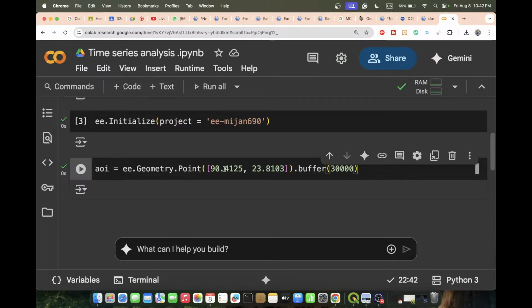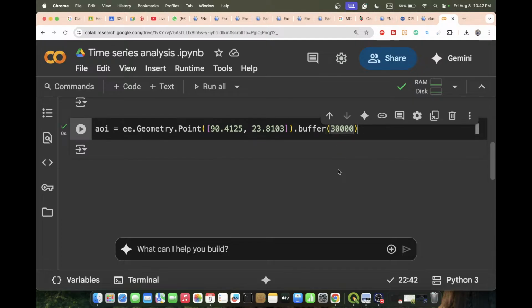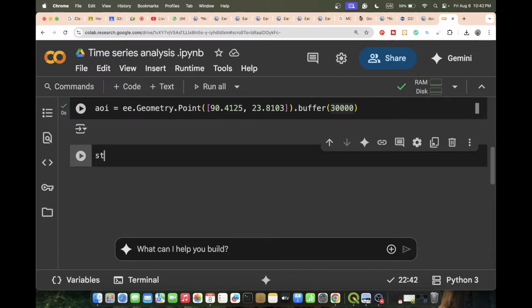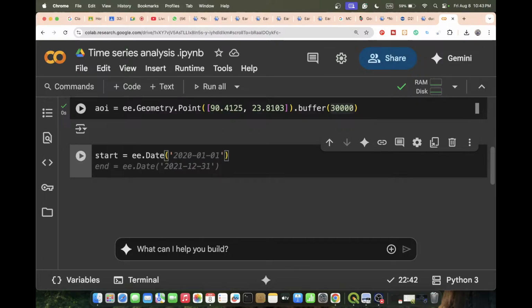Okay, so I simply put this coordinate, latitude and longitude, and after that I put here the 30,000 meter buffer, and now put the time period, suppose date range. So just take a variable, suppose start, and put the date range. So put here ee.Date, and put the time period, suppose start time period, I put here year of